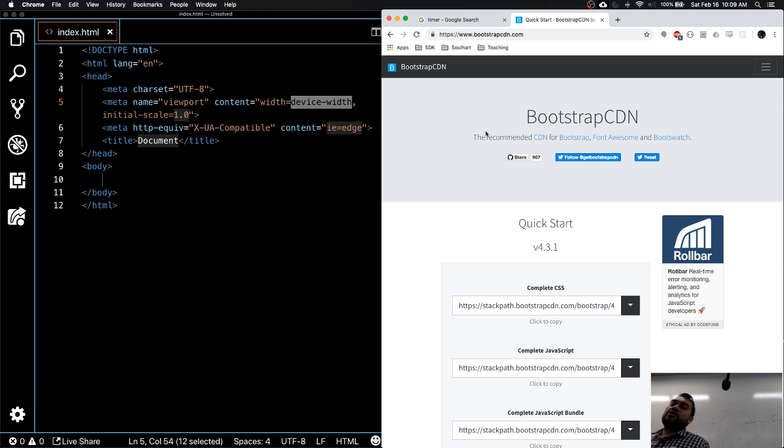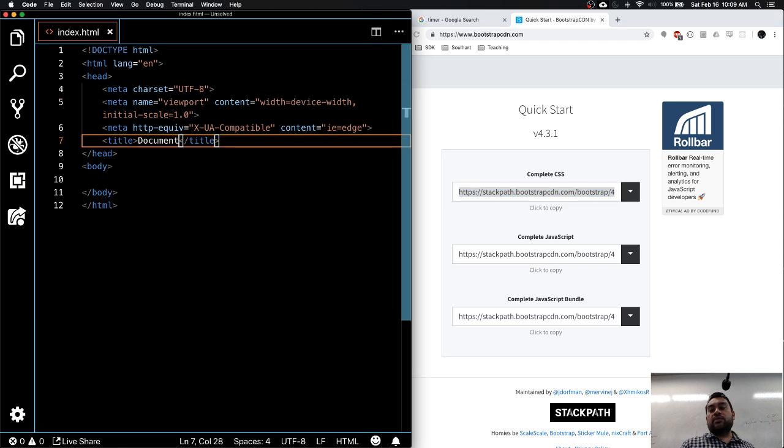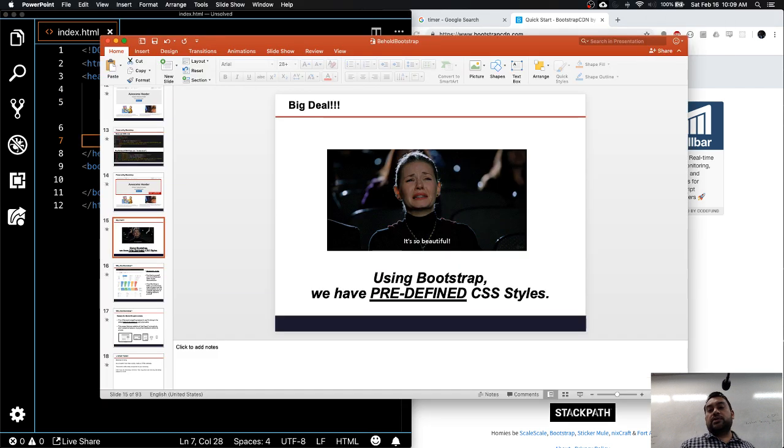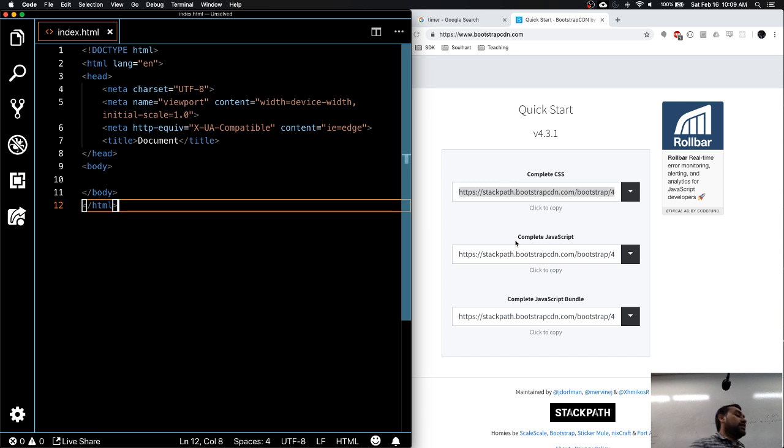That's all it means. If you search for any CDN, this is a centralized location where they have hosted the CSS file. I'm just going to copy this and use it. That's what CDN means. If you're looking for any other JavaScript library, if you Google something CDN, you will directly come to the link.